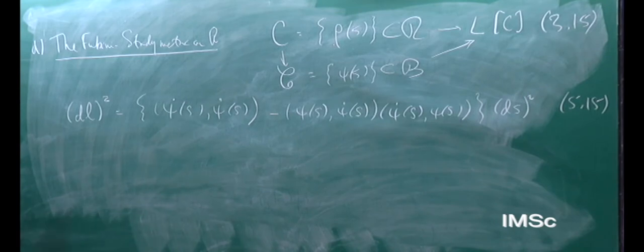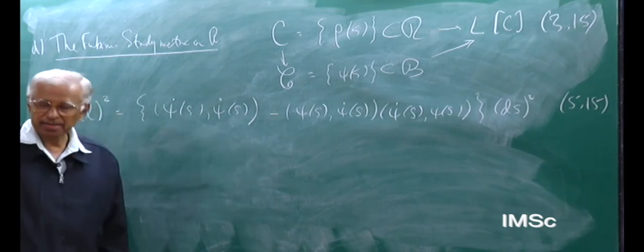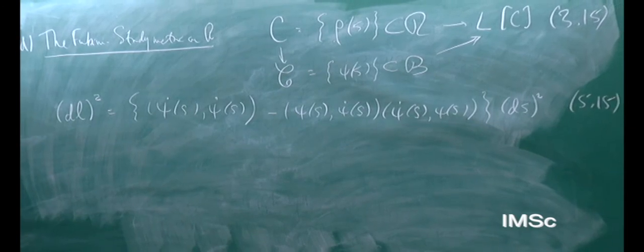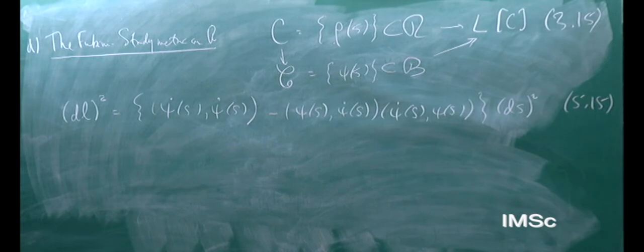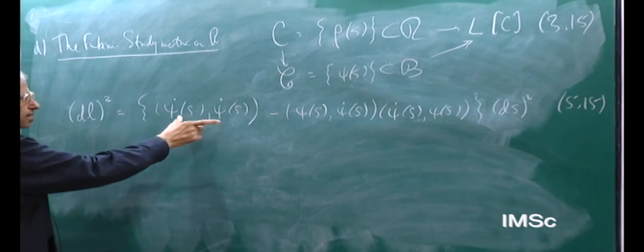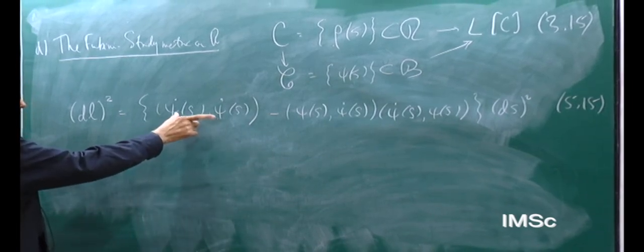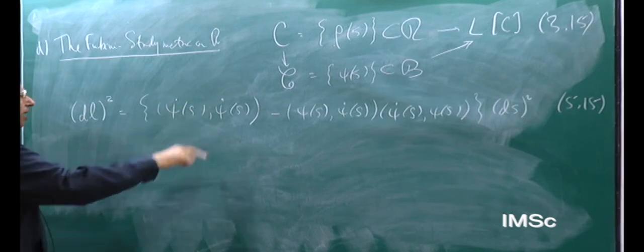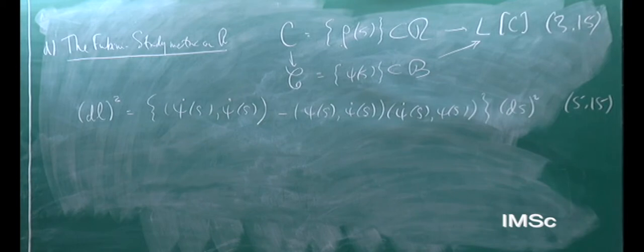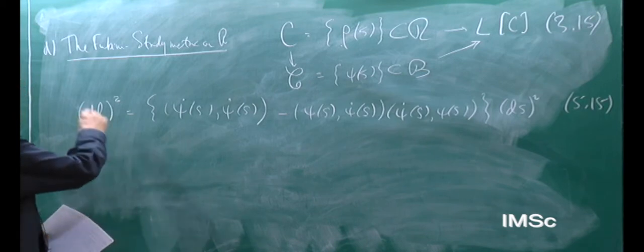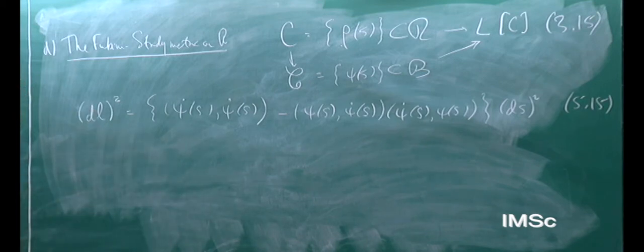It is important to realize that it is reparameterization invariant. If you were to change the definition of parameter s by some monotone replacement, because the expression within the curly brackets is quadratic in velocities, and I'm talking about the square of the length, the right-hand side is reparameterization invariant, and therefore dl is a geometric quantity.